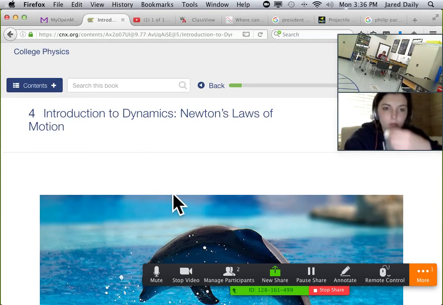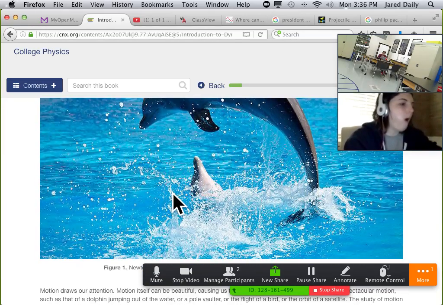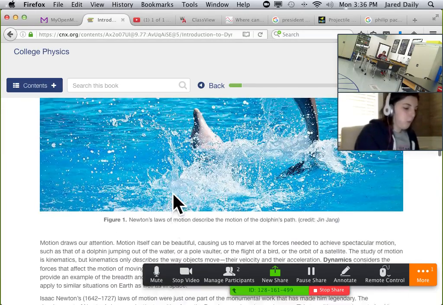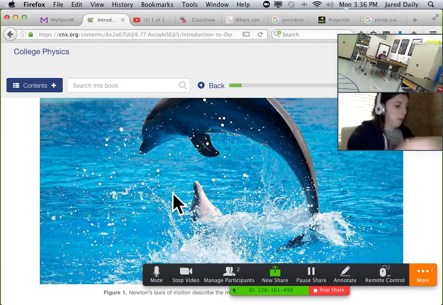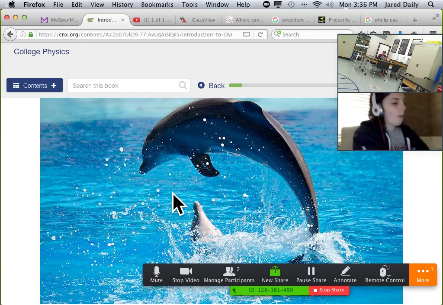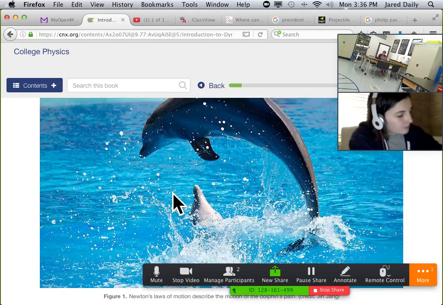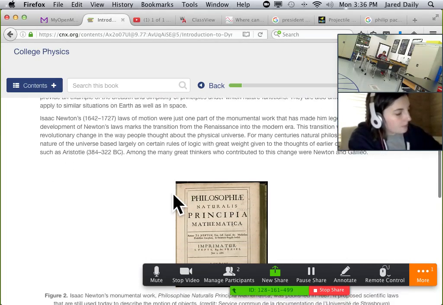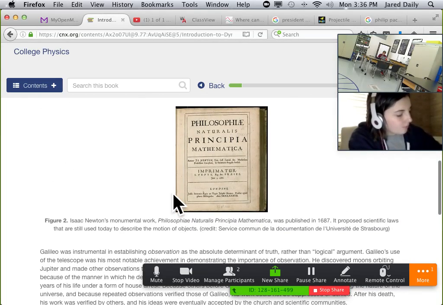let's get into it. Newton's laws. Whenever I see dolphins, I always think of The Hitchhiker's Guide to the Galaxy. Anyway, great book. A great book and a great movie. You should watch it. Anyway, Isaac Newton's book,